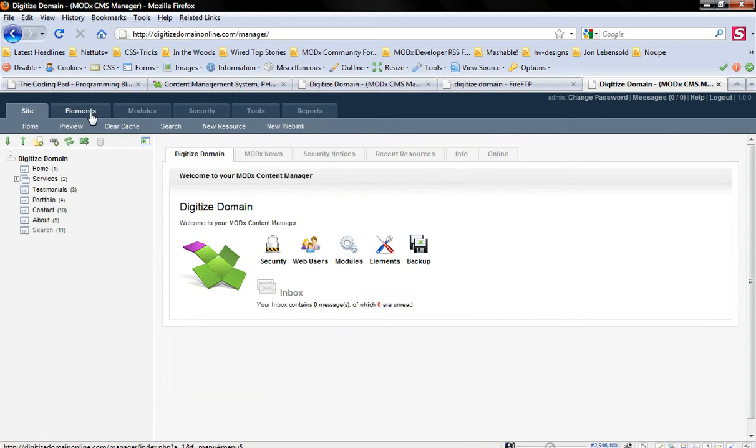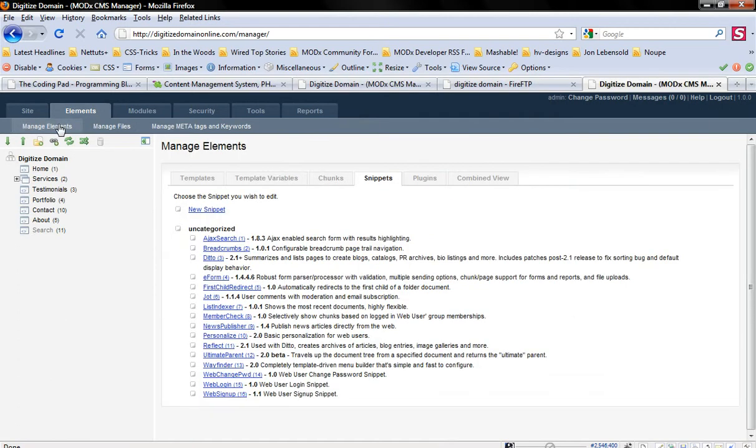In 100, they're called elements. This is some of the stuff we covered in the last screencast, where we did a comparison of the manager backends between 963 and 100. So you might want to revisit that screencast to make sure that you're up to speed with the changes in terminology. So if I go to manage elements, and I'm just going to pull up my old versions file here,